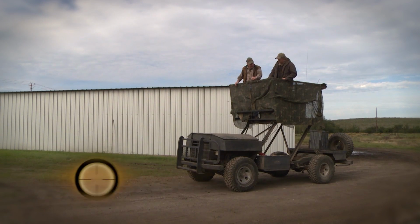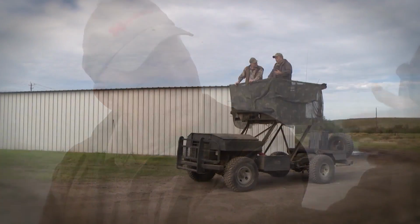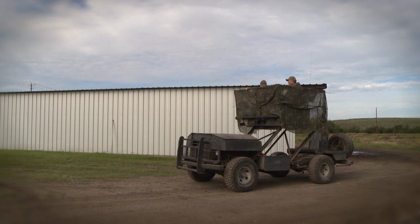Well, this one here I built for an area that's got some oak trees and some low brush. And when you get into oak trees, you're obviously too high, especially where we are set right now. You've got to see under them. So we go down with it, it hydraulics down. When you get into low brush and you need to be high, then you can hydraulic it up and get about 4 foot lower than what we...